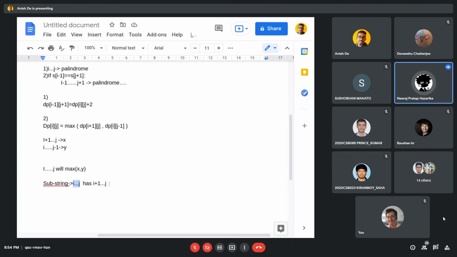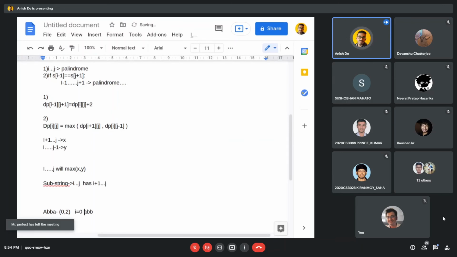You didn't get it? Substring length will decrease if we use i plus 1. No, what I am saying is, let the substring be a b b a, and let's say i is 0 and j is 3. Take it as 2. So the substring is a b b, i equals 0 and j equals 2.